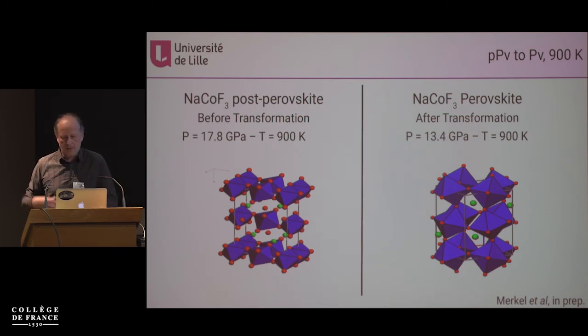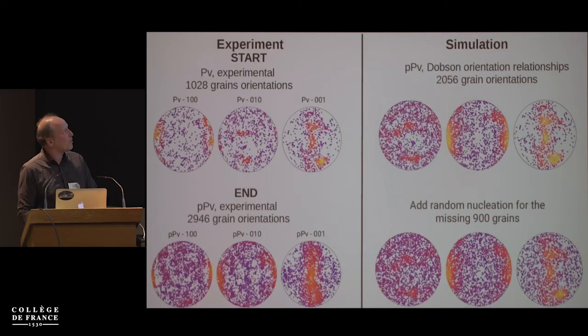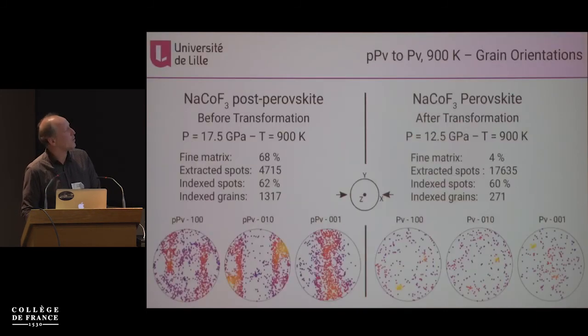Now, this is when you go from perovskite to post-perovskite. What happens when you go back from post-perovskite to perovskite? Oops, I went the wrong way. When you go back, this is the figure before, this is the figure after. One thing you notice, before we have many grains, thousands. After we have very few, and actually those very few grains have